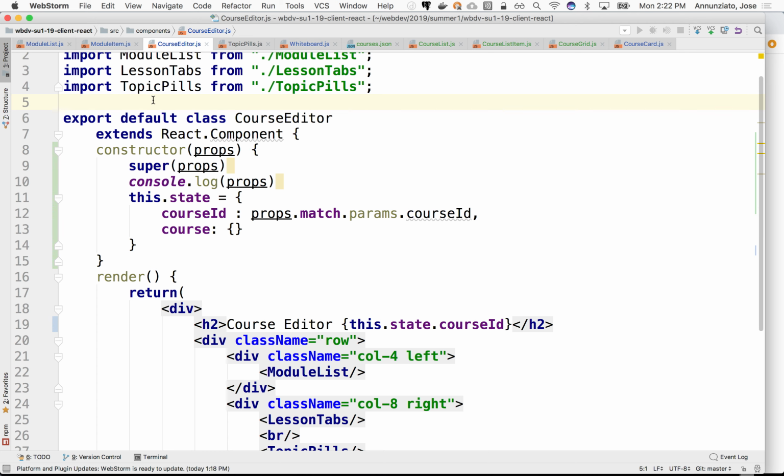A better thing to do is to have a central place that I can query, a central service that can answer all questions about data. It's a best practice to encapsulate in one single place any data access. This will come in handy later on when we have to talk to the server. You have to do all these HTTP requests. It says, get me all the courses, now get me all the modules, now get me the topics, the widgets. As we navigate deeper and deeper into our data structure, we're going to have to ask for all these things. So we're going to centralize all that information and put it